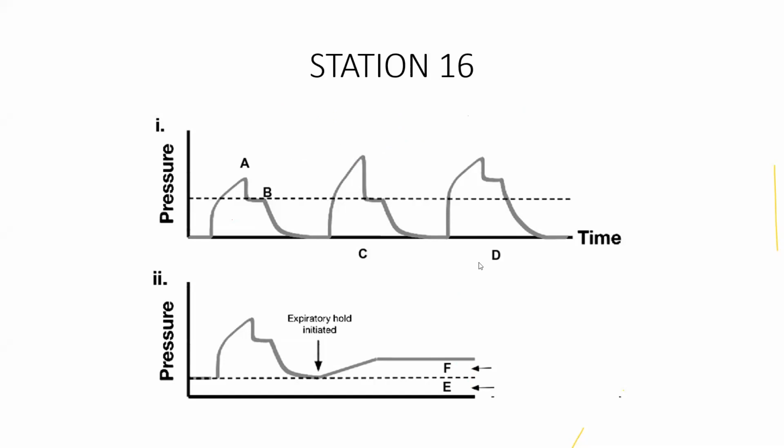Sir, what is the difference between pressure control and pressure support? Pressure support is where the patient is the one who initiates the breath. If the patient is not initiating the breath, the ventilator will not perform. When the patient initiates the breath, it becomes like pressure control ventilation. It maintains a continuous airway pressure depending upon the pressure you set.